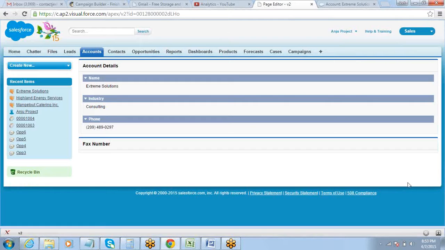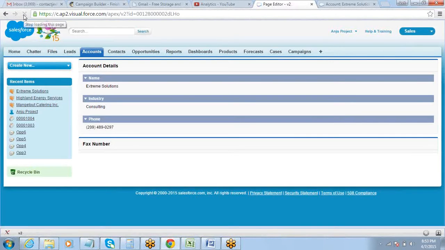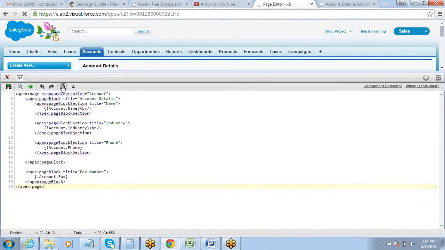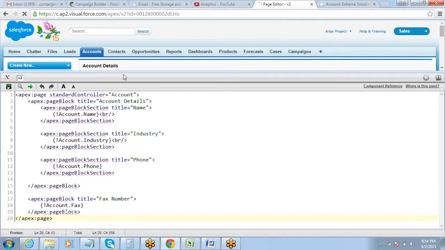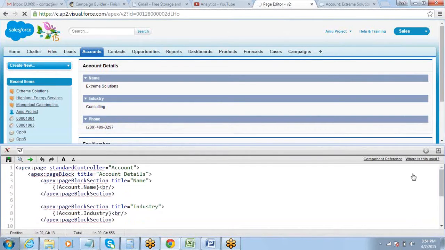Got it? So that's about our page blocks and page block section.